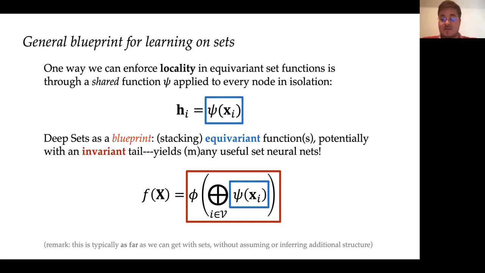we can get with sets, probably, because anything else, like any kind of more broad layer psi that would act on individual nodes and potentially consider some other nodes, if you wanted to keep it local, you would have to assume some kinds of relationships between your nodes. And we said upfront, our assumption when we're dealing with sets data is that there are absolutely no additional edges, no additional structure in this domain. So we're just thinking of it as a completely isolated set of elements. And as a result, this is probably the best and most general possible form of a neural network that operates